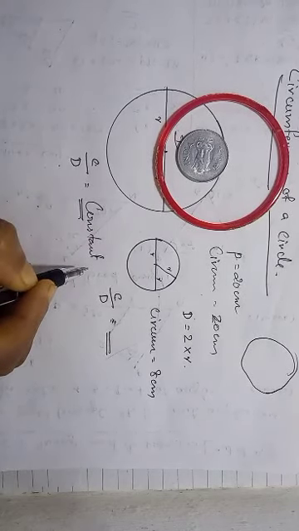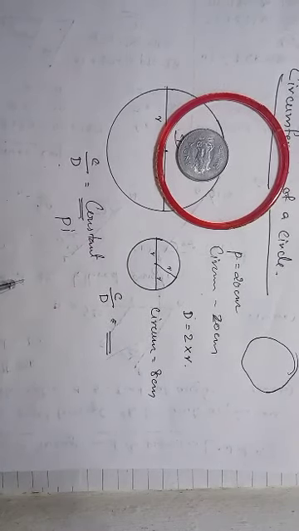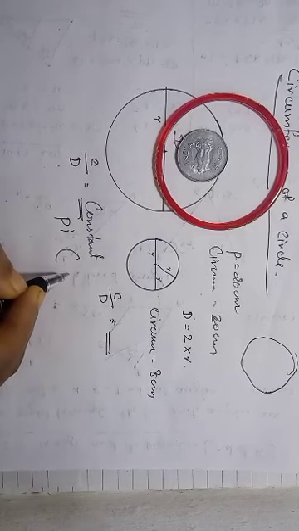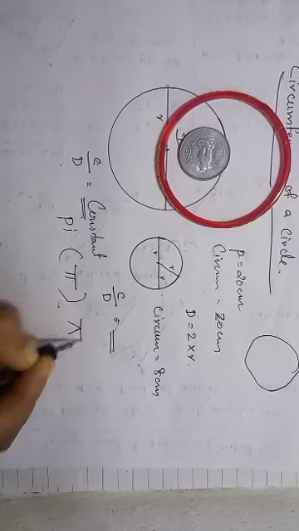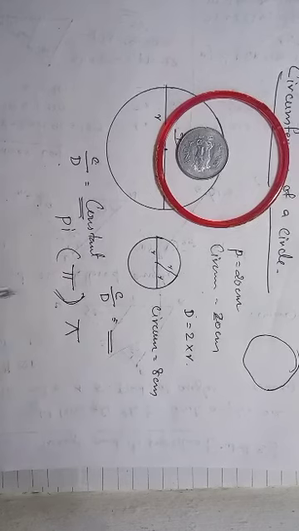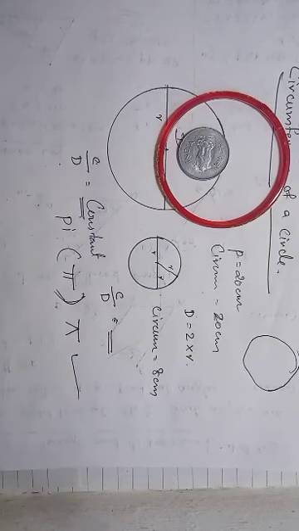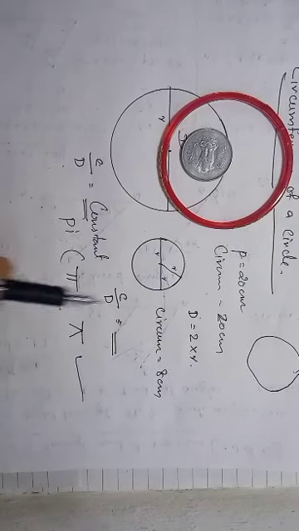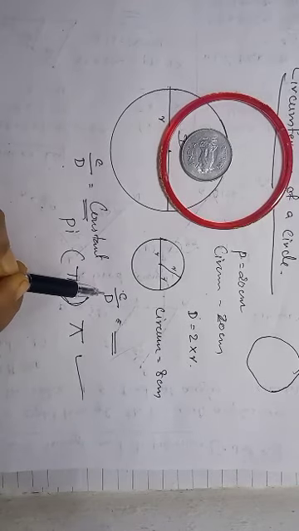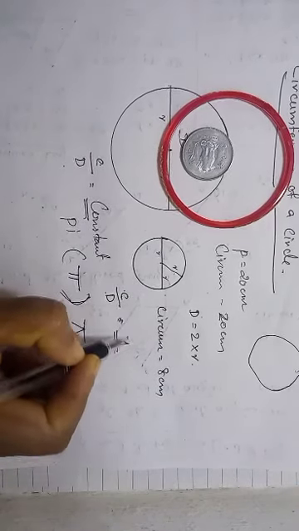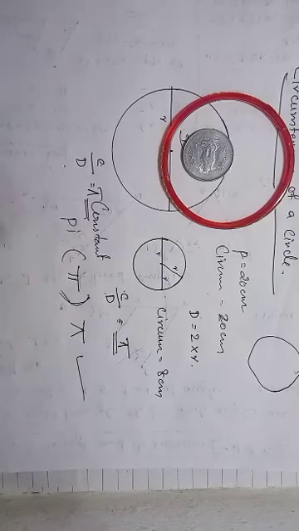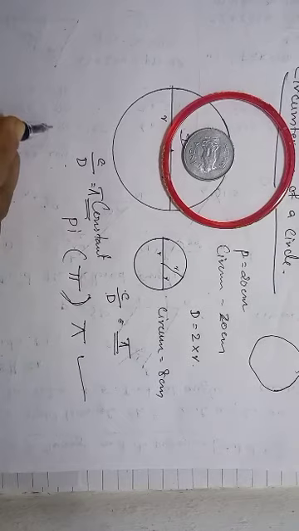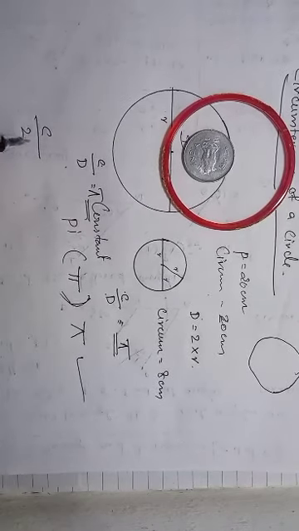This constant we call pi. We can represent it like this, two lines on top, or these two lines can be joined like this, and you can write it this way also. This is the representation of that constant. Whenever we divide circumference by diameter, you will get pi. So here also you will get pi, here also you will get pi. Diameter, as we know, is 2 times the radius.